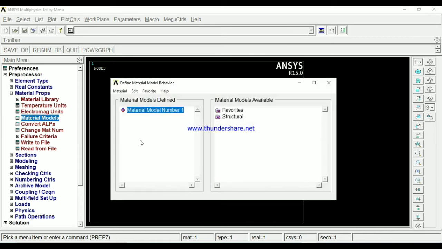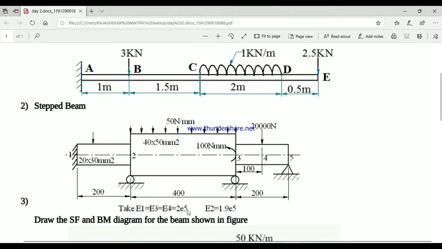Now material models, structural. How much is the Young's modulus given? You can see the figure. Young's modulus is not given, so all the Young's moduli are the same. It's a very interesting problem. I have taken two Young's moduli here, and once again it is a composite beam.